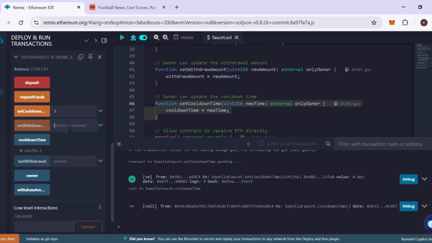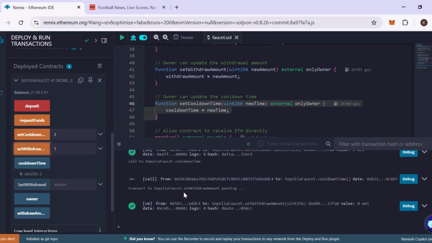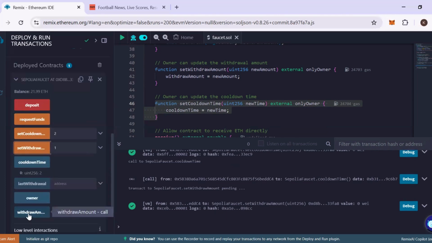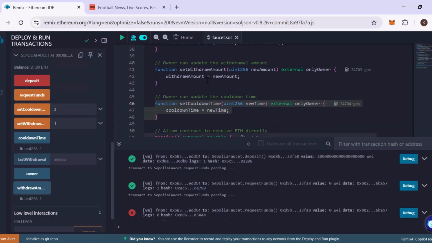What's the last function again? Withdrawal amount. So now that withdrawal amount is equal to 0.01, let's try and set it to 1 ether so that when we request funds, it's going to give us 1 ether. So click on it, right? And it has gone through. So when we click on withdrawal amount, we will see that it's now one rather than 0.01, right? So that's basically what we have done